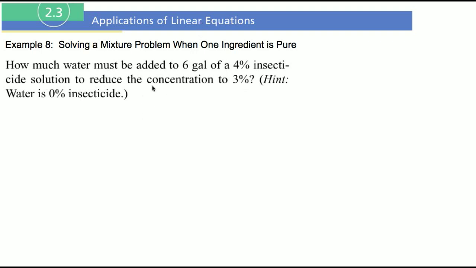Alright, so let's check out another mixture problem right here. How much water must be added to a 6 gallon of a 4% insecticide solution to reduce the concentration to 3%? This is actually a pretty important problem here, especially with regulations,